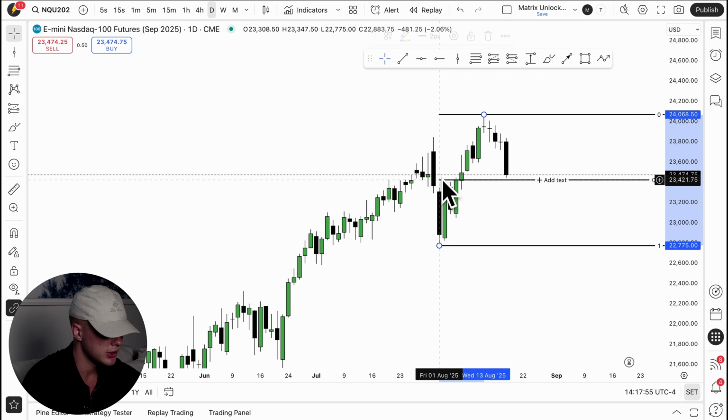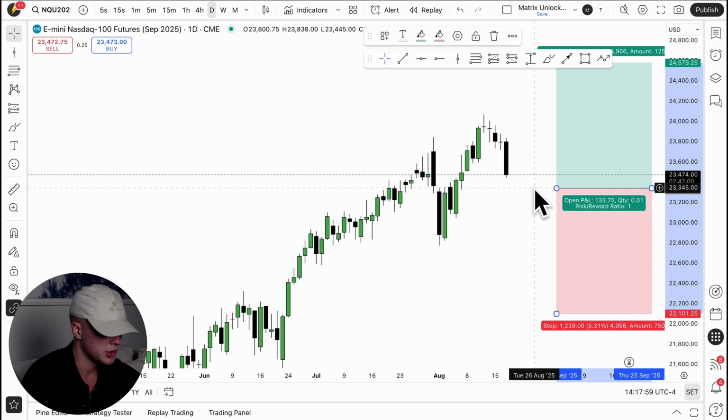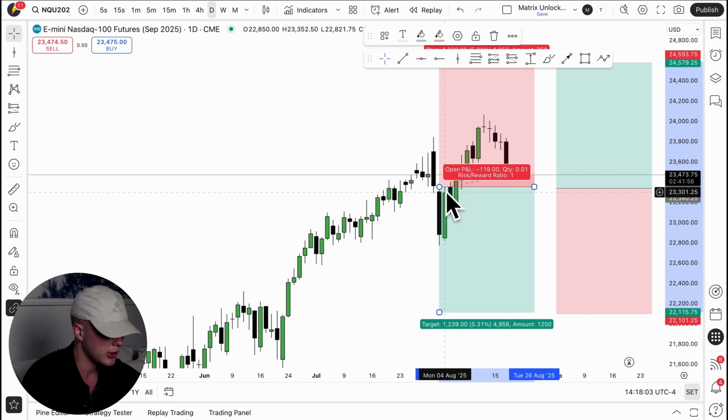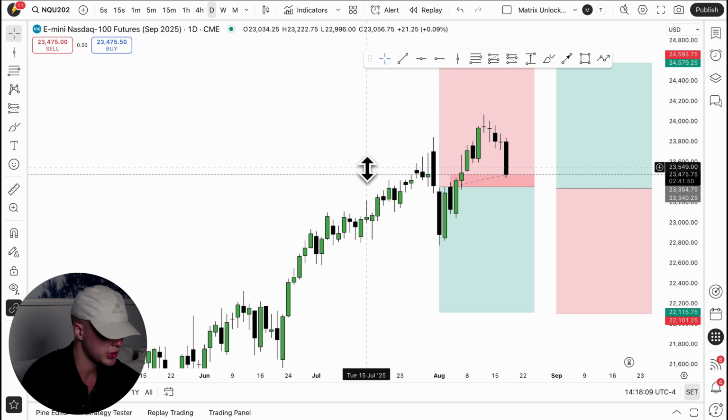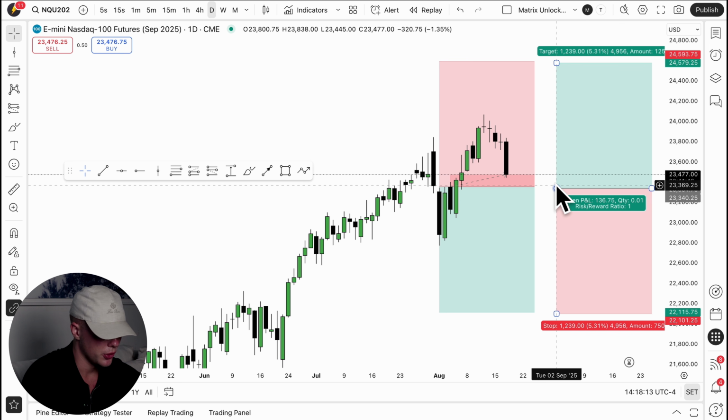Now, the next tool we can pay attention to is the long and short position tool. This is the tool you can utilize to calculate your position sizes. Right here in the middle it plots your entry. Right here on the bottom shows your target, because it's the short position tool. Stop loss up here. And the reverse is of course true for the long position tool.